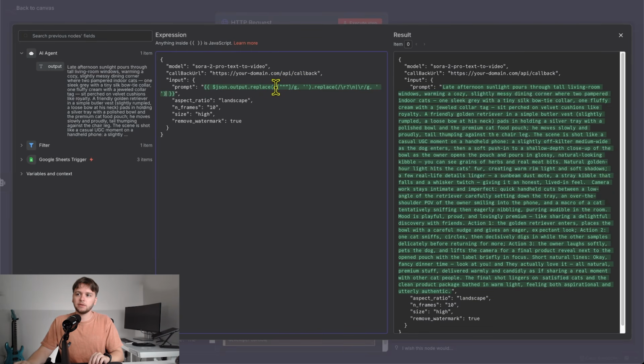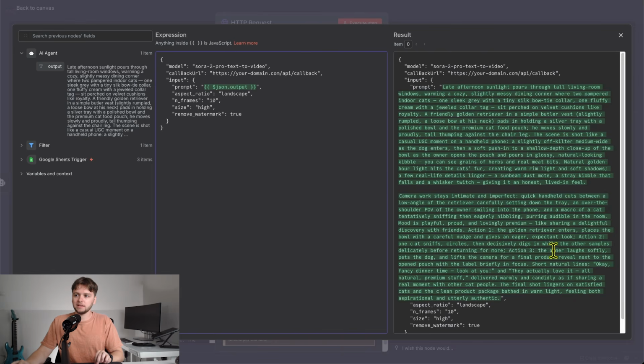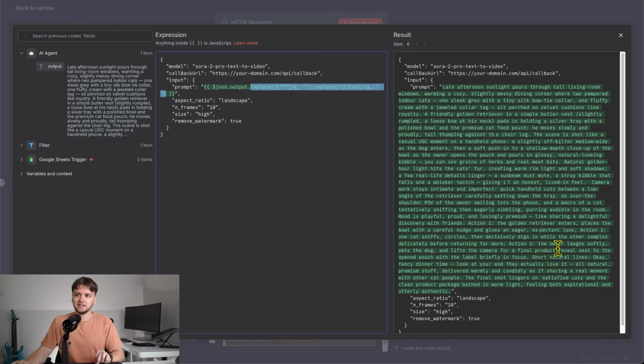And so it's going to go through and find all the instances of these double quotes and replace them with nothing. And it's also going to replace the line breaks. This thing right here, the \n, stands for a line break. And so that's going to replace all the line breaks with nothing, right? So if I remove this, you can see the line breaks are back and the double quotes are back. But if I add it, then it's all removed and we just have this one big blob of text, which